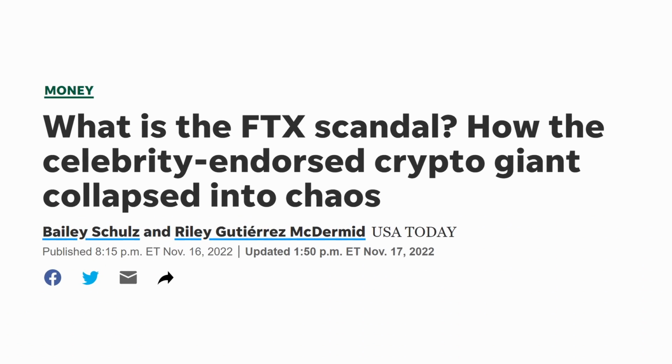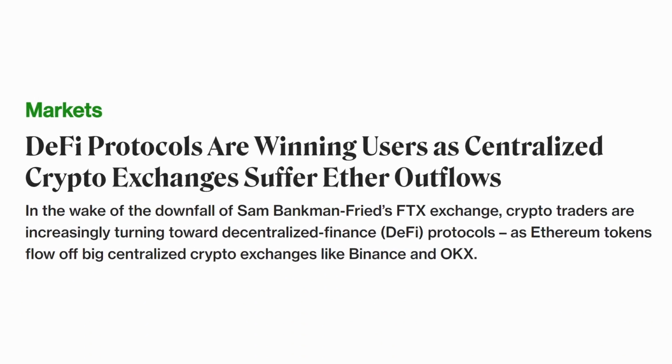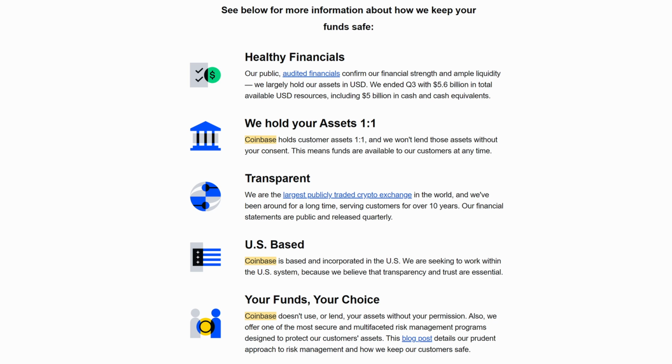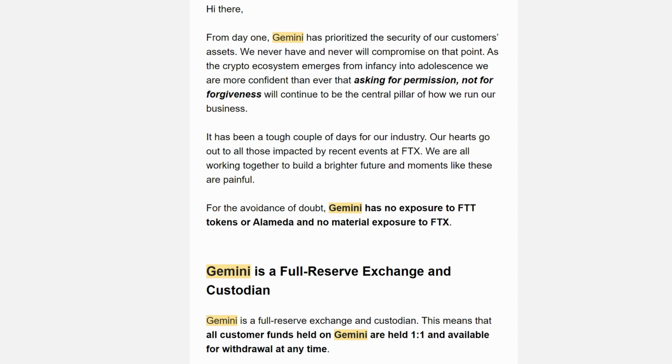FTX collapse does not help centralized crypto exchanges, and that basically set a chain reaction of losing trust in centralized exchanges. And the fact that Crypto.com recently sent 400 million worth of crypto to the wrong recipient does not help the case at all. Even though they got this money returned, it's definitely not helping the situation with centralized exchanges. To the point where Coinbase and Gemini have to send these emails just a couple of days after FTX filed for bankruptcy, assuring customers that they have one-to-one backing of their assets and that they're not exposed to any FTT